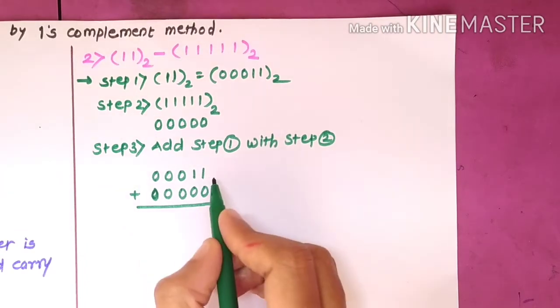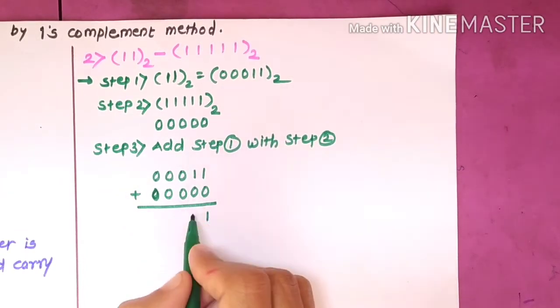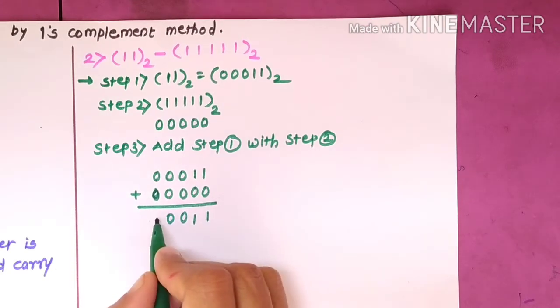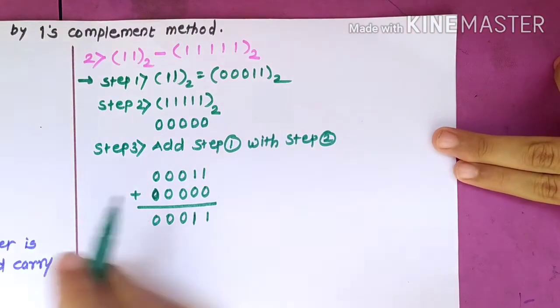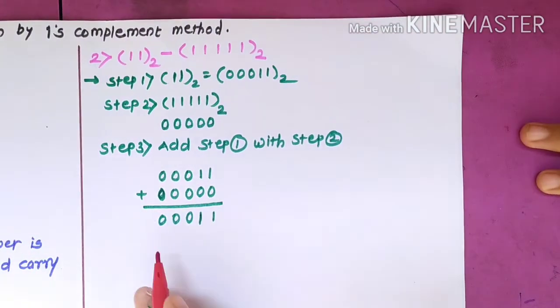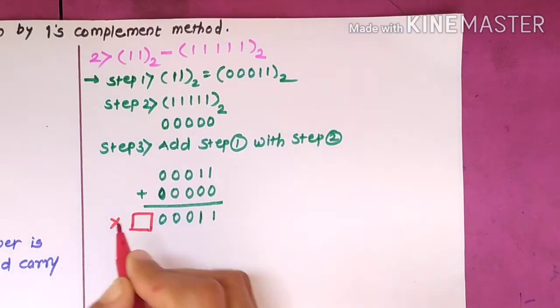By adding this we'll get 0 plus 1 is 1, 0 plus 1 is 1, 0, 0, 0. As in this answer there is no carry 1 present, so as there is no carry,